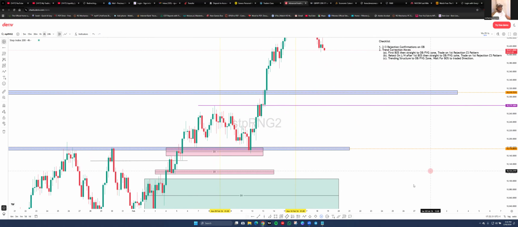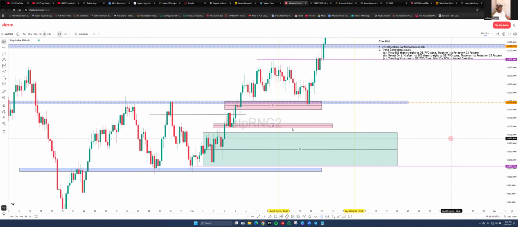When we go down to 4 hours, what are we expecting to see at this 4 hours range? First of all, this rule says when it breaks the first break of structure point, then goes straight to the fair value gap without trending there, then when you see your first rejection candlestick pattern,